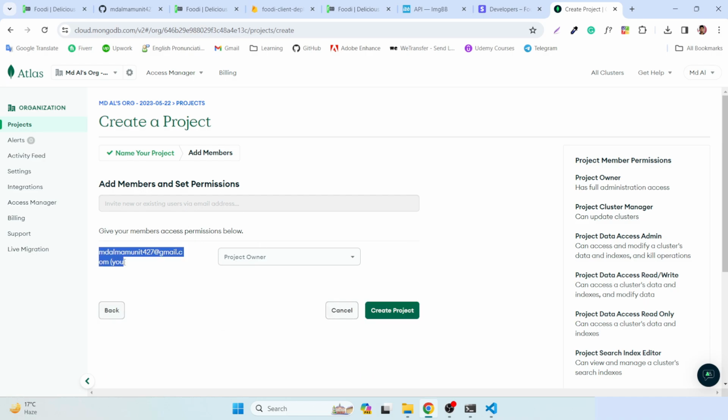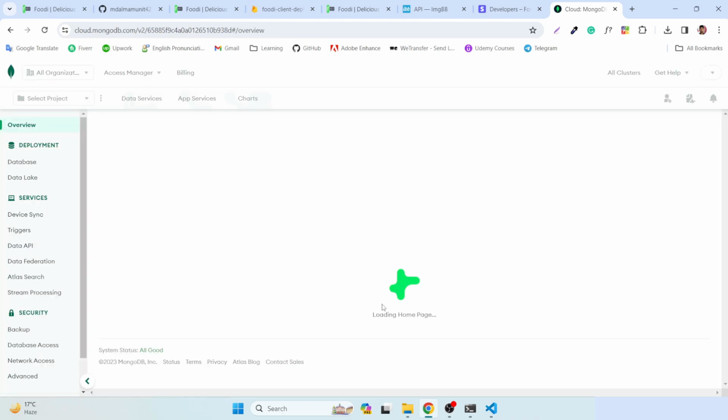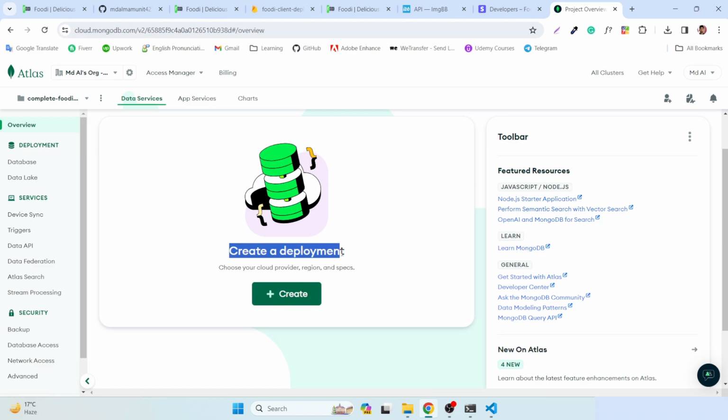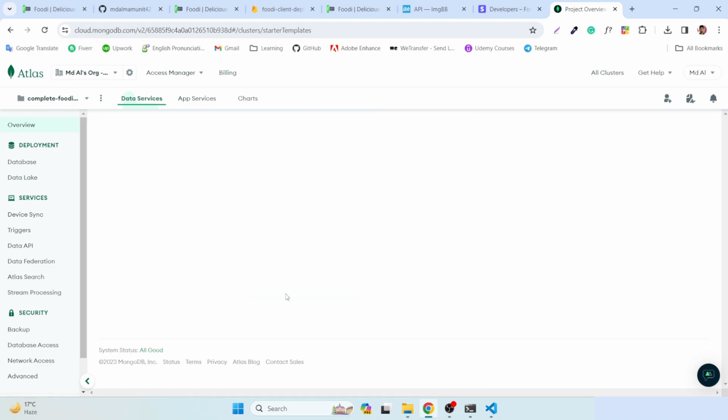By default it will take your Gmail as the project owner. Then you have to hit create project. Okay, fine. Then you have to hit create a deployment. Okay, click,